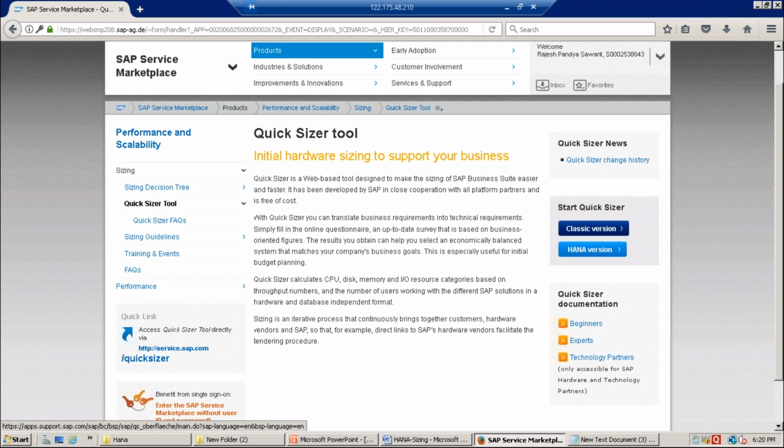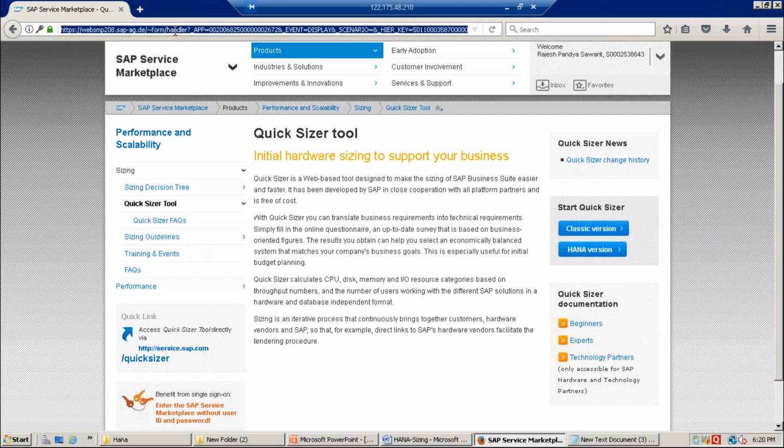So provide the inputs. If you are someone new to this, as already shown yesterday also, you can just use that beginner's guide. A PDF document is already there. You can refer to that, and you can refer to the sizing guidelines also. Now, when we want to look at the appliances, different kinds of models offered to you by different hardware vendors, if you want to have that list,